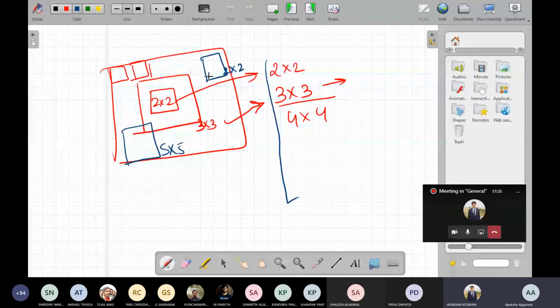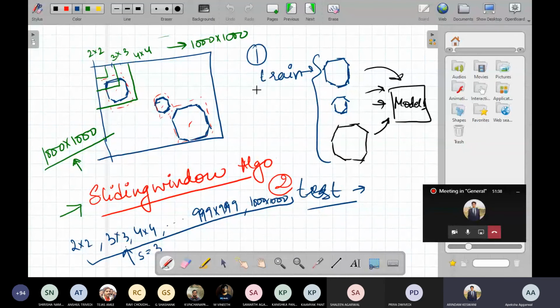So in case the image size is small, then it's feasible to do all the computations, right? In case the image size is small, let's say 100 into 100, do we still follow this procedure, or do we increase the stride? My point is, does it give better accuracy if we go through the entire image? Yes, this sliding window gives good accuracy because we are considering all the possible options. For a small image size, say 100 cross 100, it's feasible.